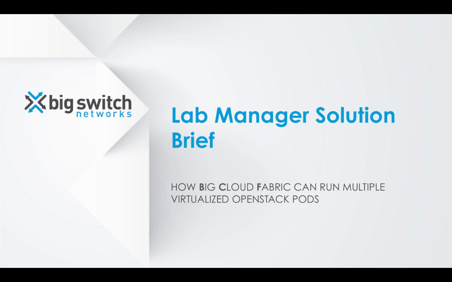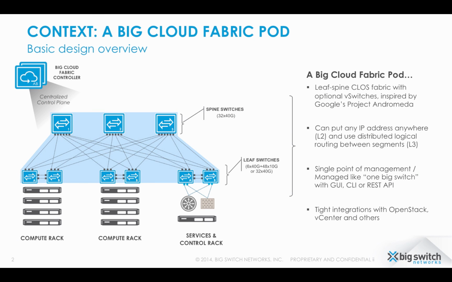In this demo we are going to showcase how Big Cloud Fabric can run multiple virtualized OpenStack pods. Big Cloud Fabric is a leaf-spine class fabric with optional vSwitches, inspired by Google's Project Andromeda. You can put any IP address anywhere and use distributed logical routing between segments to establish the connectivity between virtual